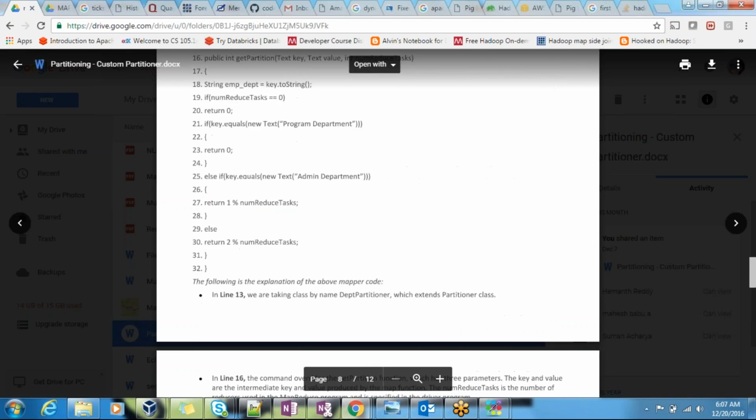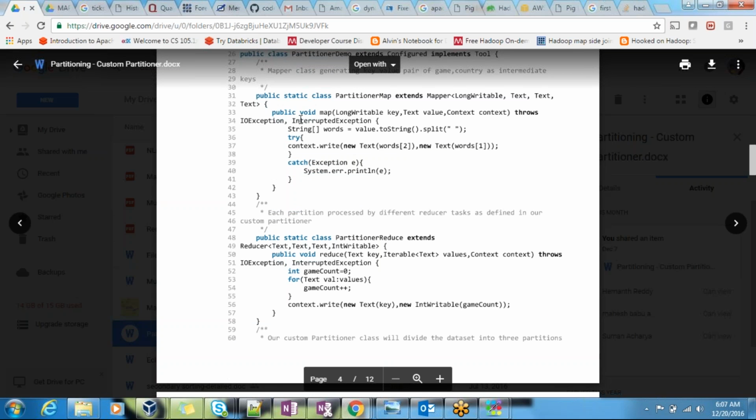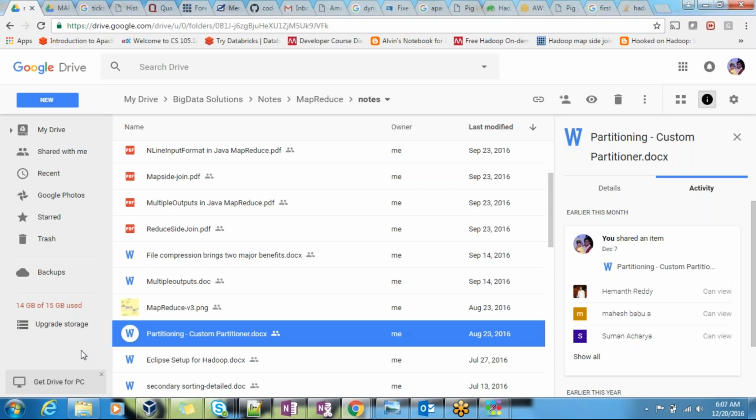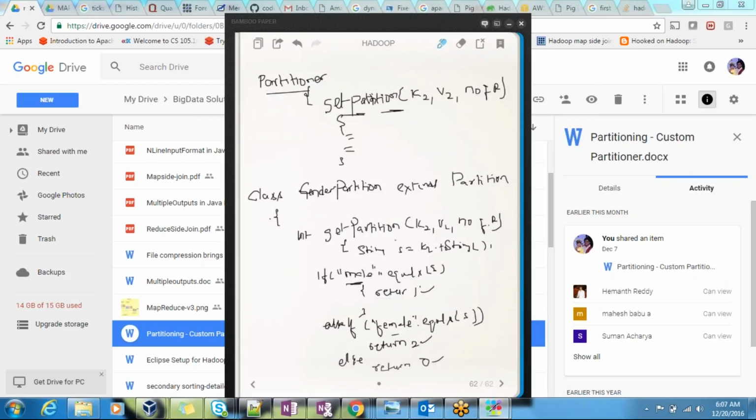Okay, if you're not using your own partitioner, there is something called the default partitioner. The default partitioner is the hash partitioner. It's an entry question, guys. So you didn't write your partitioner, but you have set the number of reduce tasks to 2. How will it work? It will work based on the hash code.